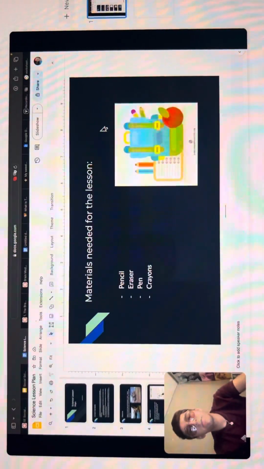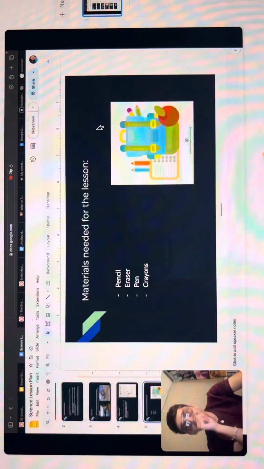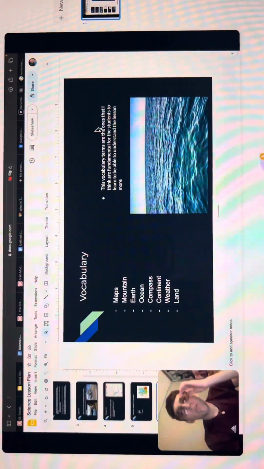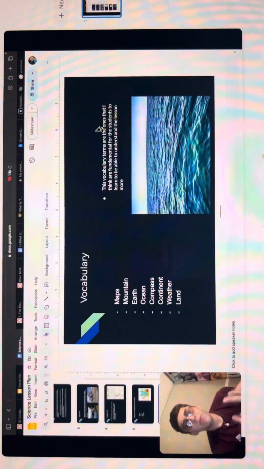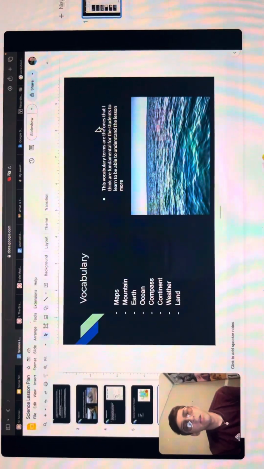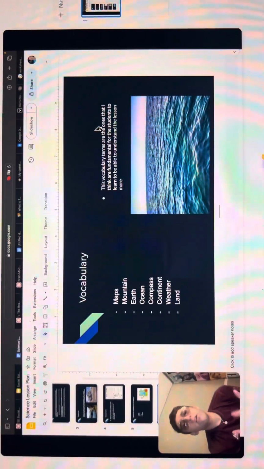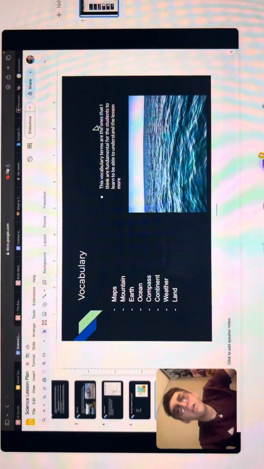and crayons to color the states. So for the vocabulary, I put maps, mountain, earth, ocean, compass, continent, weather, and land. I think that these are some of the terms that students are going to need before learning the lesson. And for example,